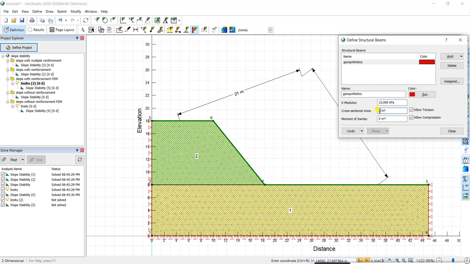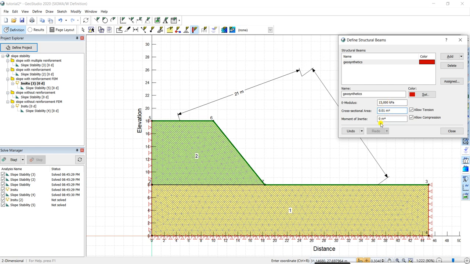And the cross sectional area, let's say it is 10 mm thick, so it will be 0.010 meter thick, and because this is a 2D analysis, we'll take 1 meter perpendicular to the plane, so the cross section will become 0.01 meter square only.